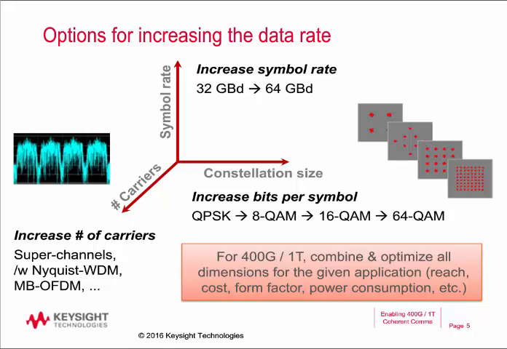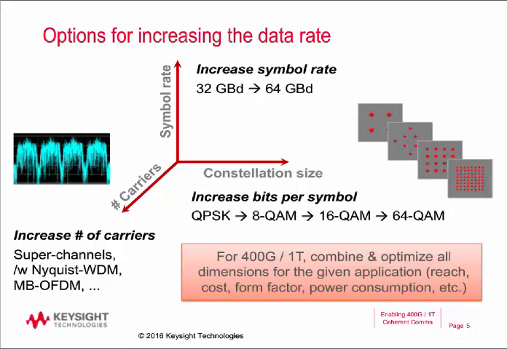which have one origin and destination that they are being transmitted to, either by using, for example, a Nyquist wavelength division multiplexing scheme or a multiband OFDM type of scheme or others, to generate very dense optical spectra with high spectral efficiency. So to give a few numbers on how to achieve 400G, there are a lot of different